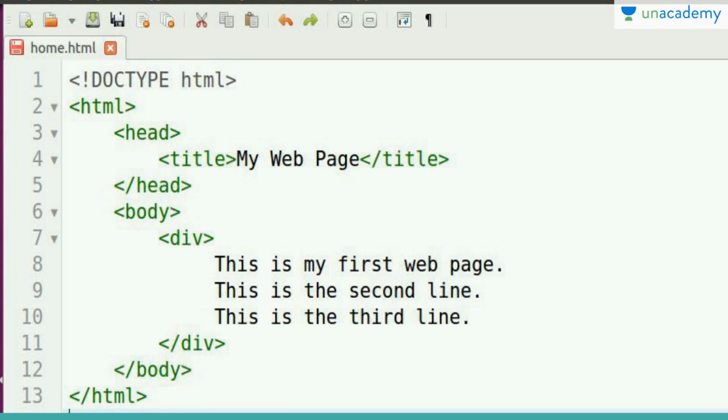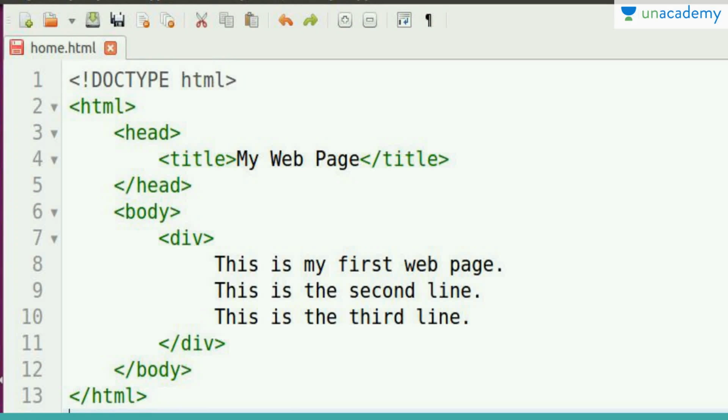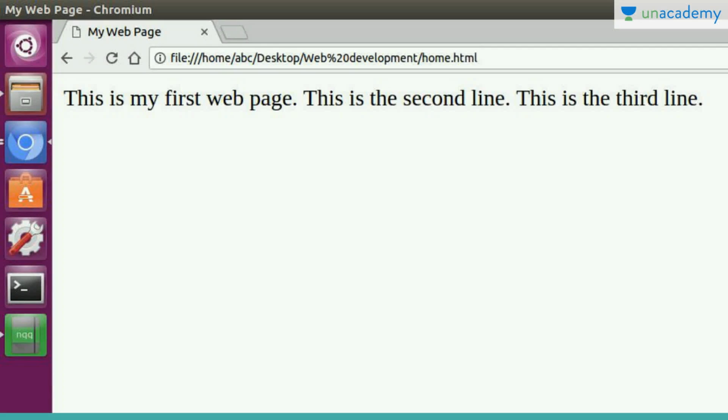Just one more thing. Edit your web page to this and see the output. Now everything appears in the same line. This is because though div is a block element, it is blocked to the other elements. That is, whatever you write above this div and below this div will be in another block, but the block itself inside is inline. So suppose you have a div before this div, then that div and this div will be on different lines, but this div itself is inline. So all these three lines appear in one line like this. Now let's move further.